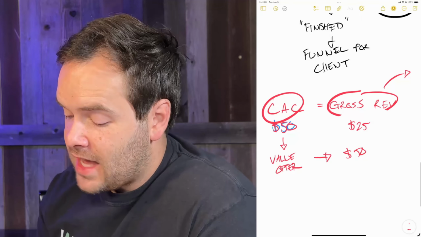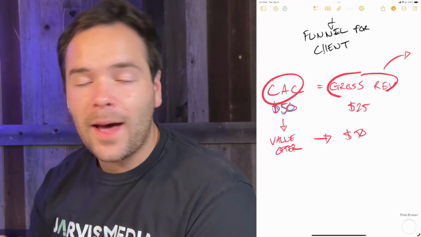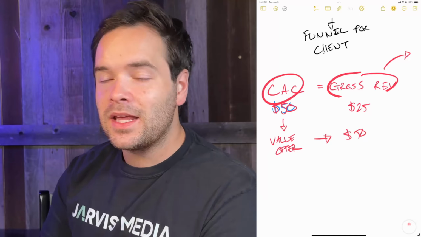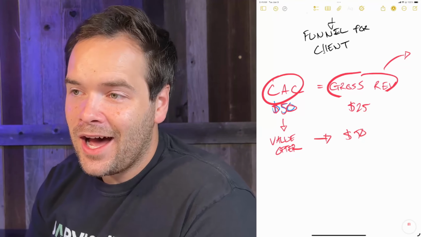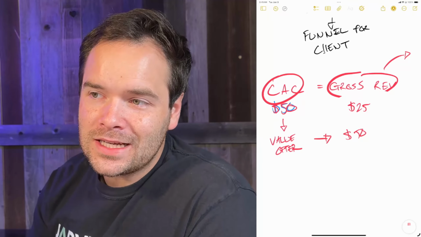So maybe that needs to happen. You need to make a more valuable thing. That happens. It's totally okay. That's why in the beginning you do need to test these things, and why obviously having software to make sure